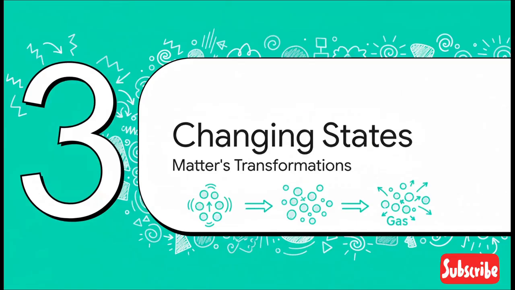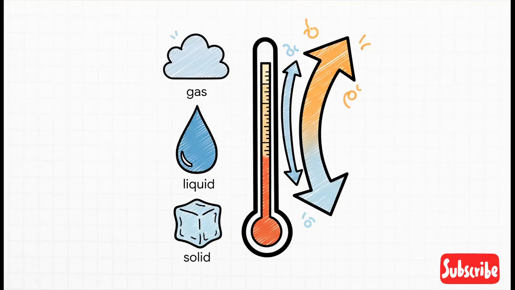But here's the cool thing. These states aren't set in stone. They can change, they can transform. So what's the secret sauce for making matter jump from a solid to a liquid or a liquid to a gas? No surprise here, the key is energy. Again, if you want to force a change, you either have to give the particles enough energy to break free from their attraction, or you have to take energy away so that attraction can pull them back together. And our number one tool for adding or removing that energy, you guessed it, temperature.